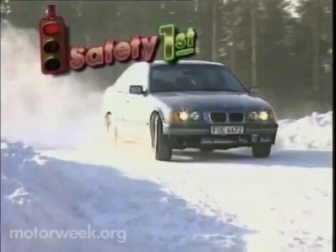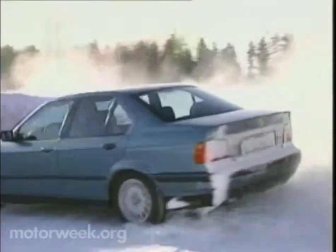The best kind of car accident is the one you avoid. Active handling